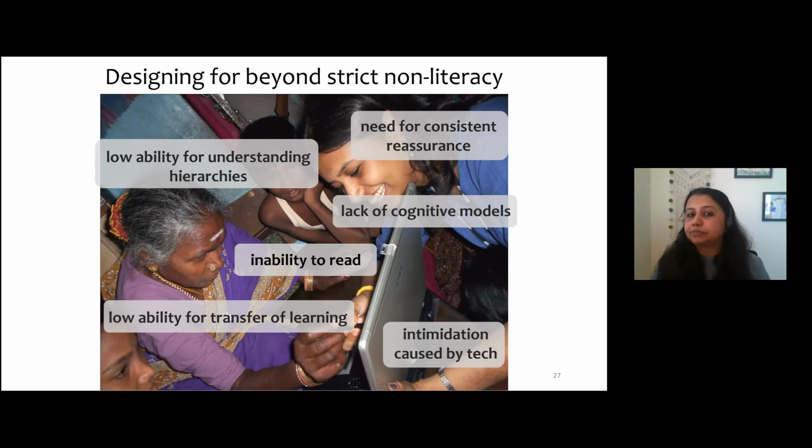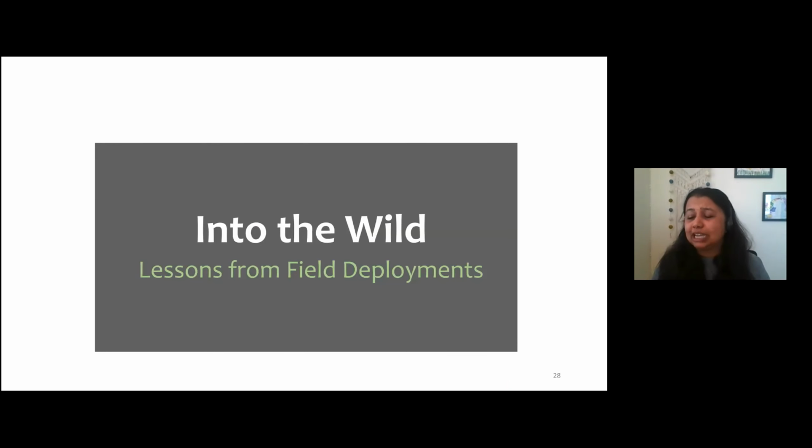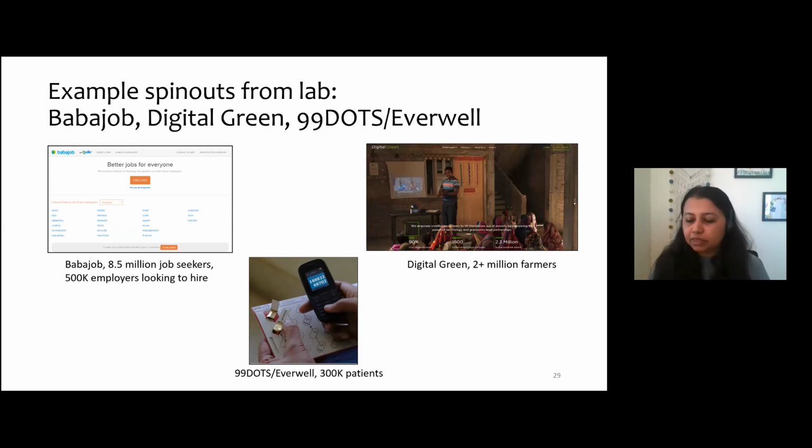So anyways, I just wanted to talk about some of the field deployments from our lab. A lot of the research that we do in our group went on to inform these three different organizations, which started off as research projects in the lab but were spun out as independent organizations. So Babajob is an employment portal which